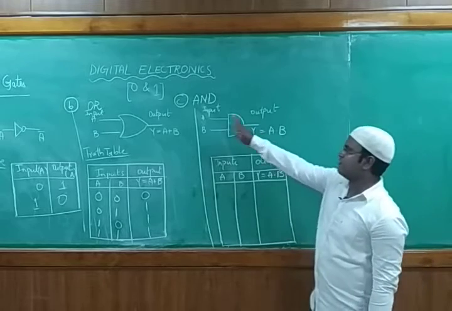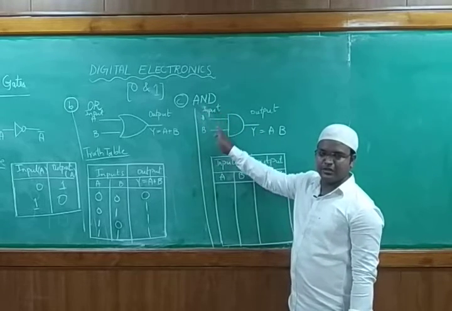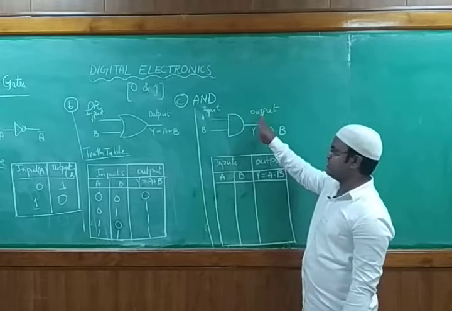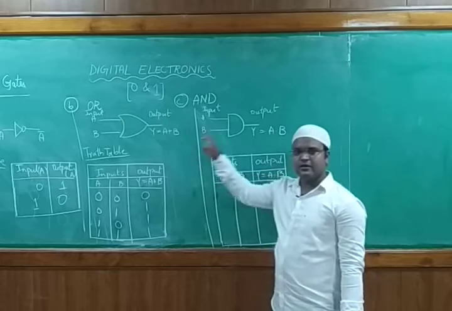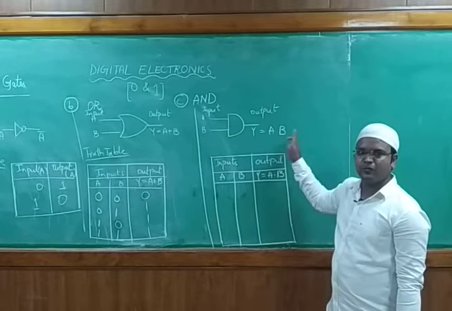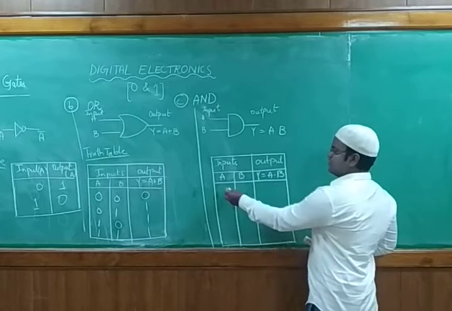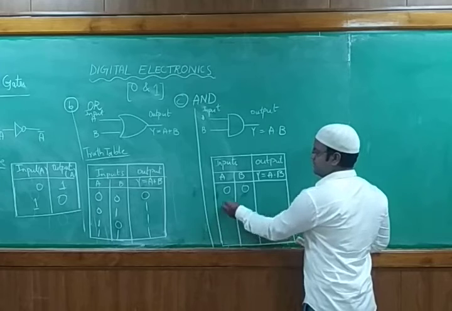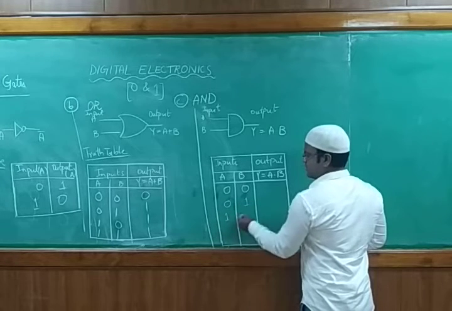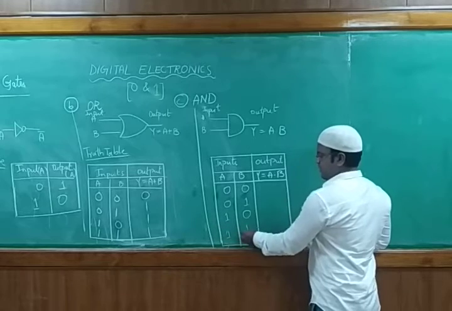So if I have an AND gate, taking A and B as input, in that the two ends, this end is the input end and the other end is the output. So what is the output? Y is equal to A into B; in the previous one we were adding, here we need to multiply. Similarly I am taking two inputs A and B. The first combination is both values low. Then one is low and the other is high, then the first one high and the other low, then both values high.